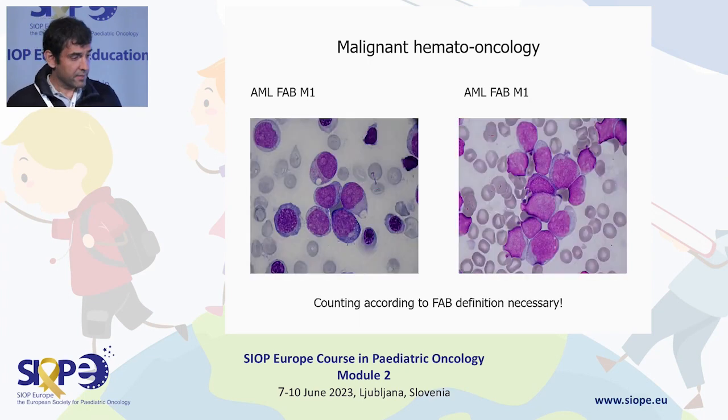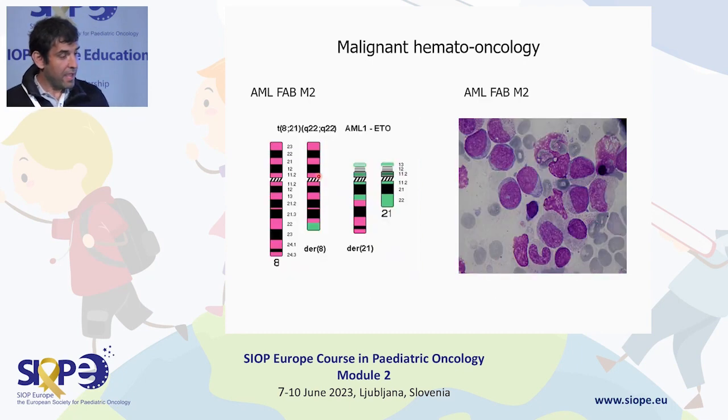Yes, AML M1, myeloid leukemia without differentiation. Here you can see the blasts. You can see that they are bigger than the lymphoid leukemias. You can see the granules, which usually guide you to the diagnosis of a myeloid leukemia. M2,